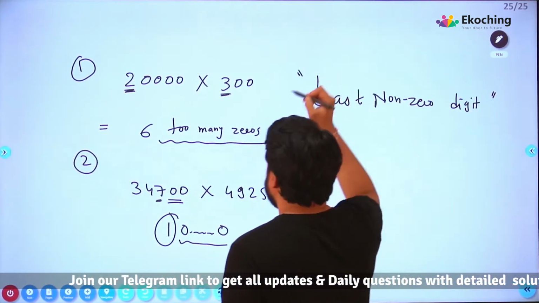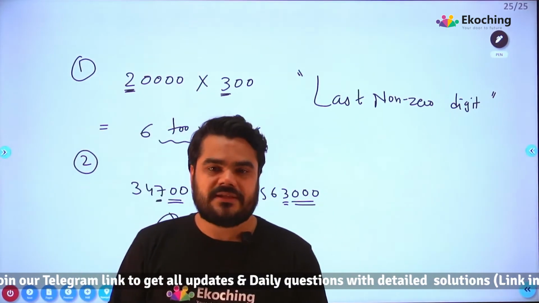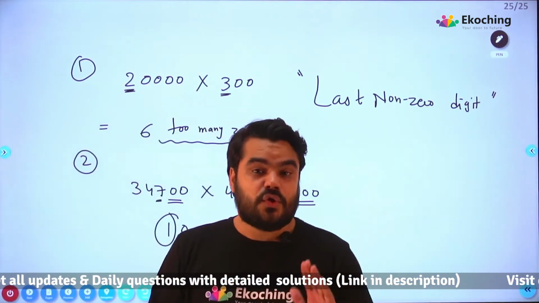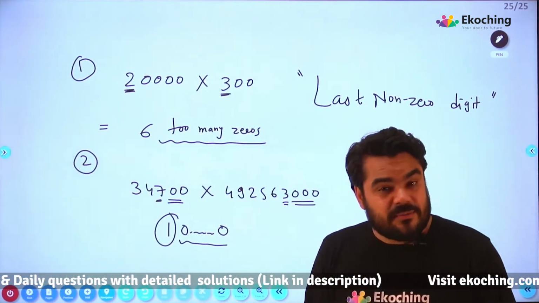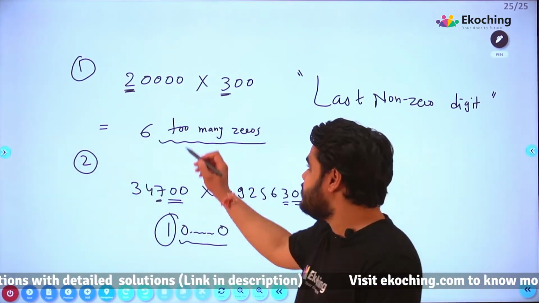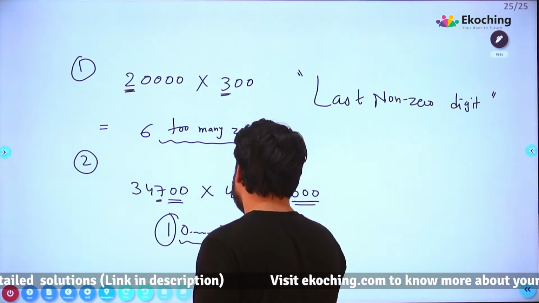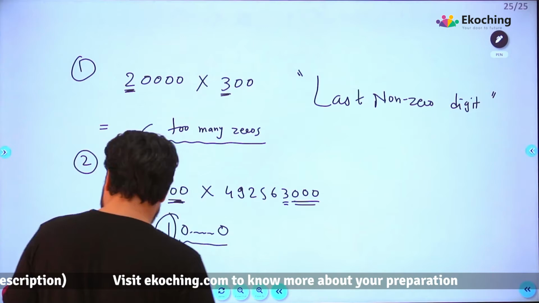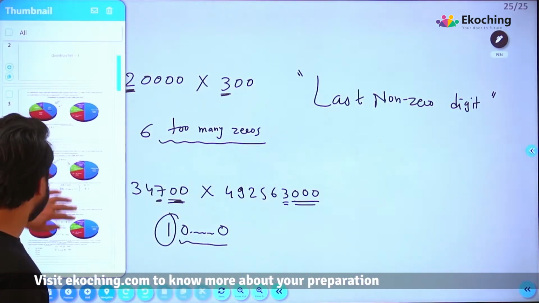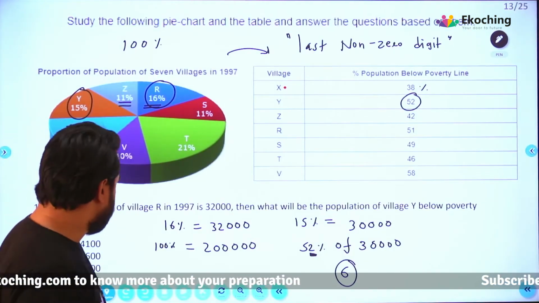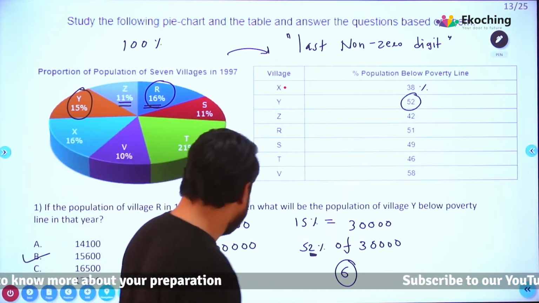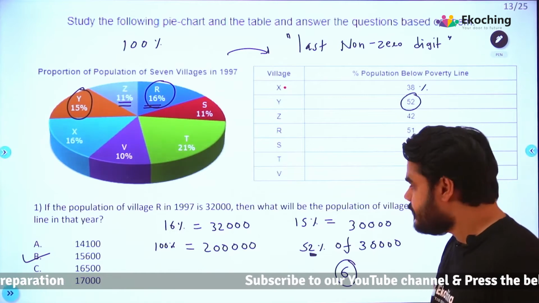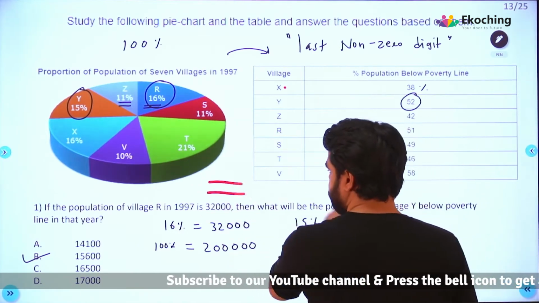So कई बार लास्ट डिजिट आपको आंसर नहीं दे पाएगा बिकॉज लास्ट डिजिट सब में जीरो होगा. इन दैट केस यू कैन फाइंड द लास्ट नॉन जीरो डिजिट. प्रोसेस सेम है, जीरोस को इग्नोर करना है, पीछे वाले जीरोस को इग्नोर करना है. करेक्ट? सो आई होप दिस मेक सेंस. लेट्स कम बैक टू द डेटा. या सो आवर आंसर विल बी ऑप्शन बी 15600. Okay, I hope it is clear. Let's go to the next question.